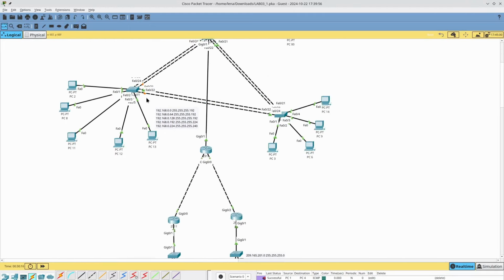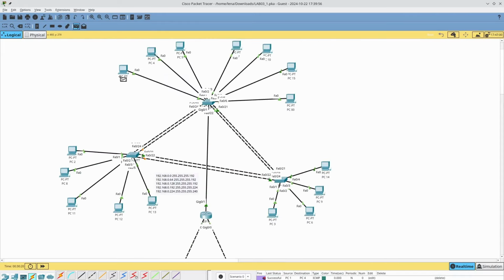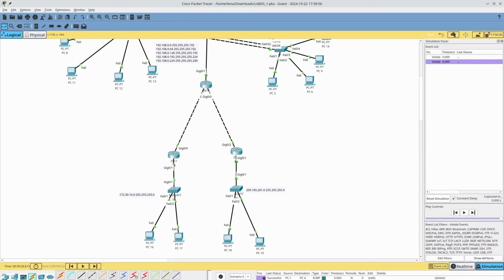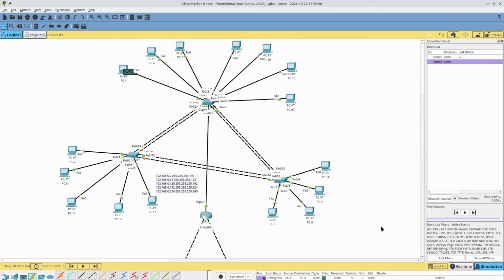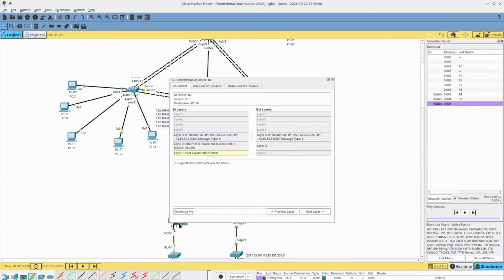ping, that works. Let's just try pinging PC1 to PC16. In progress, failed. Okay, let's just watch it. Fire. Okay, we'll see. So the first packet goes away, second goes away, the third one goes away. Okay, we successfully reach router 2, but it discards the packet because